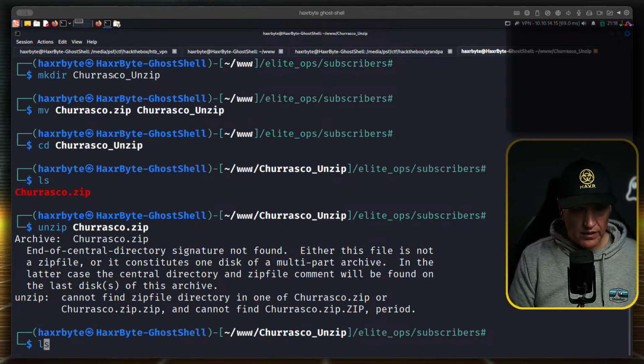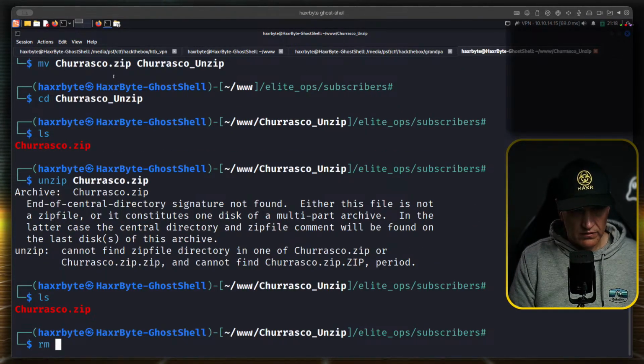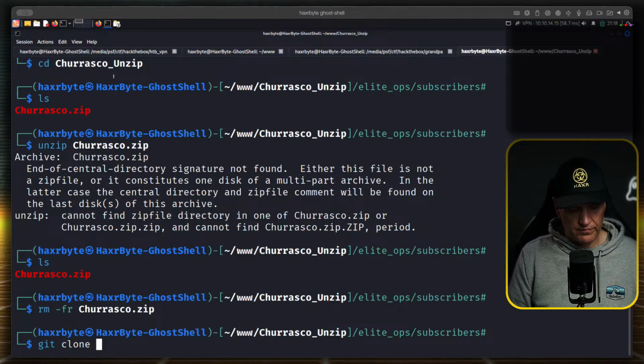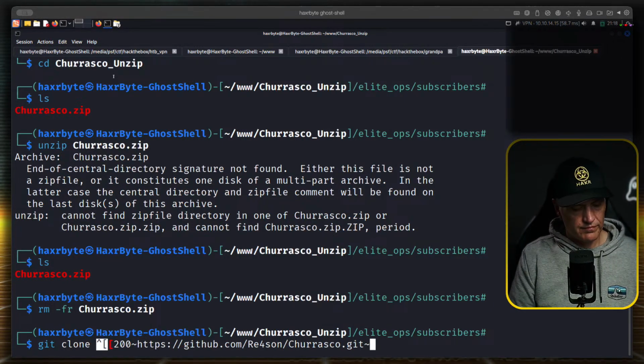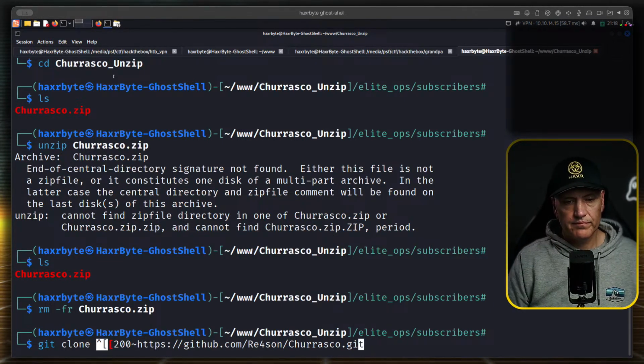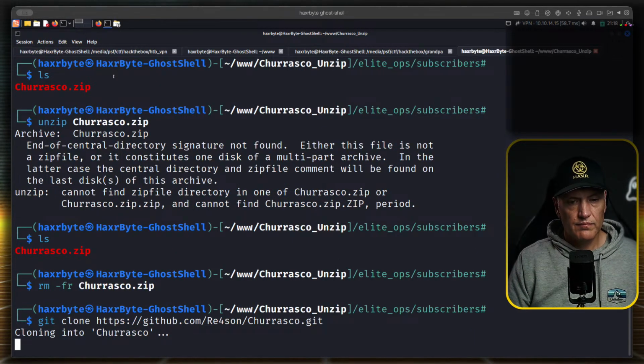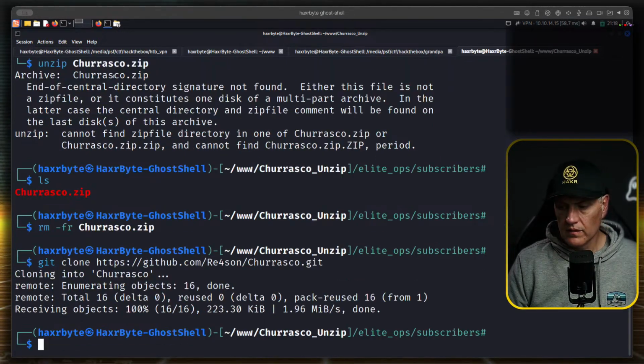Let's clone this whole thing. Should do a git clone.